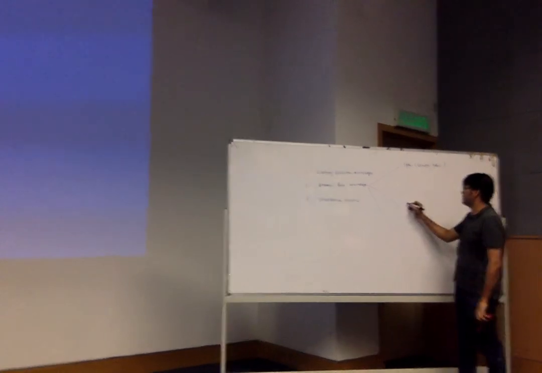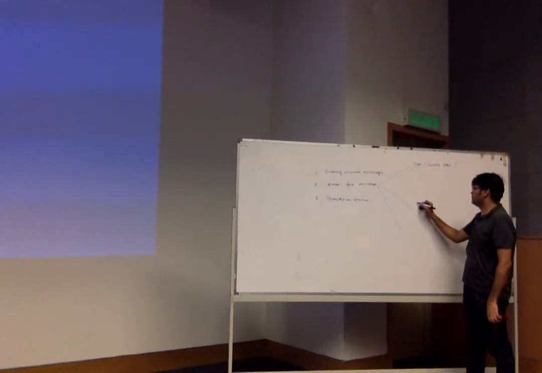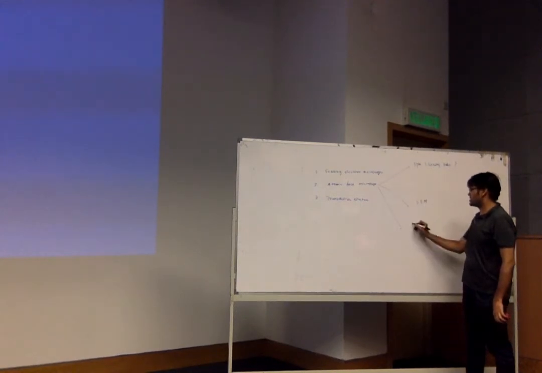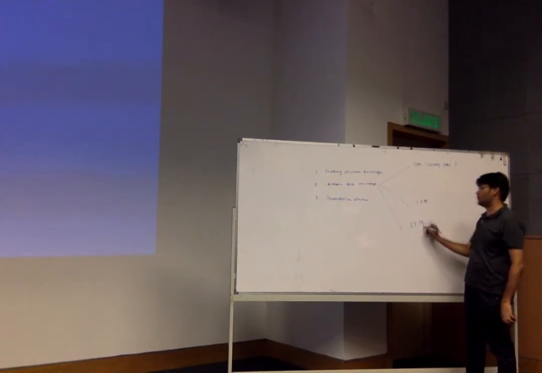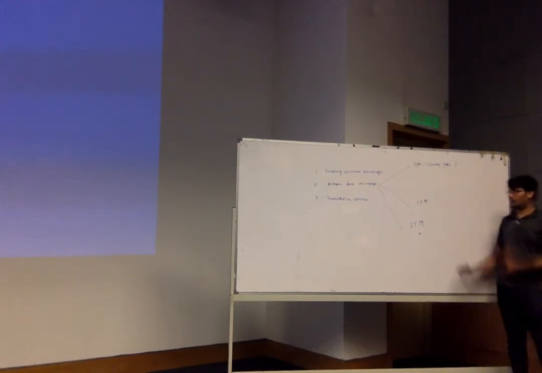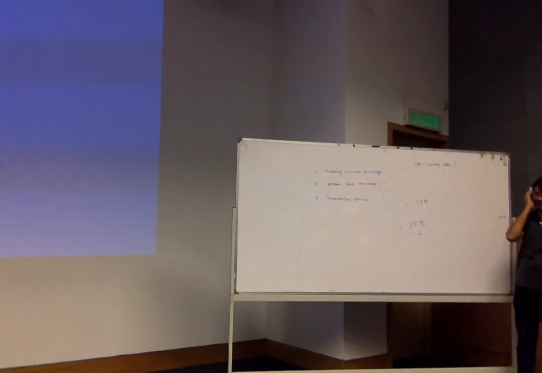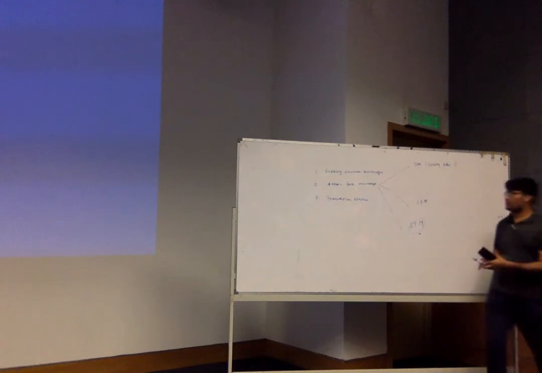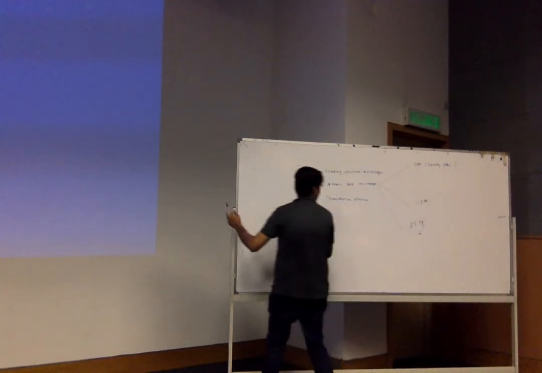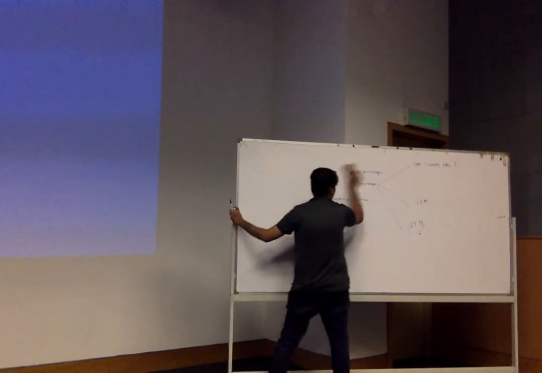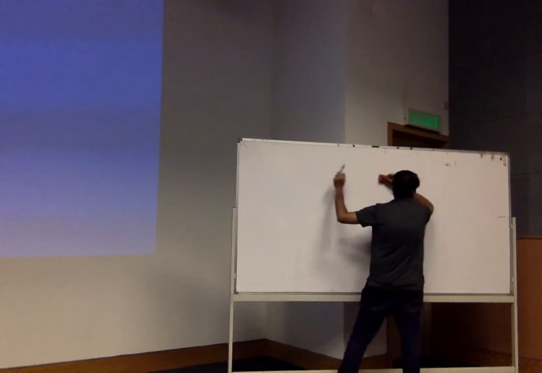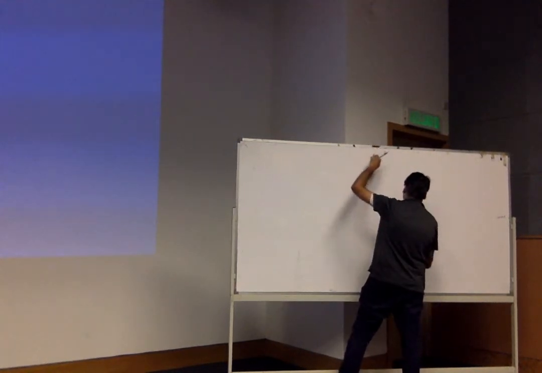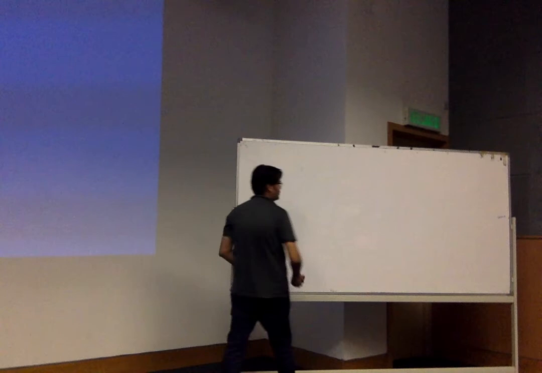Then we have the scanning force microscope, and then the scanning tunneling microscope. The last one is more interesting to me as well. Let me start with the scanning probe microscope first. So the principle is,